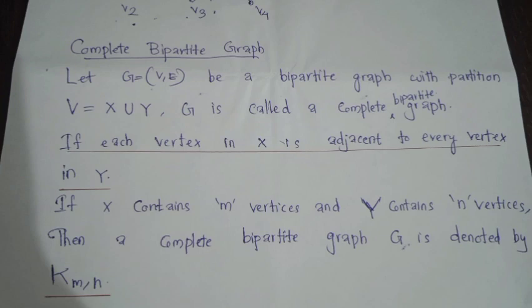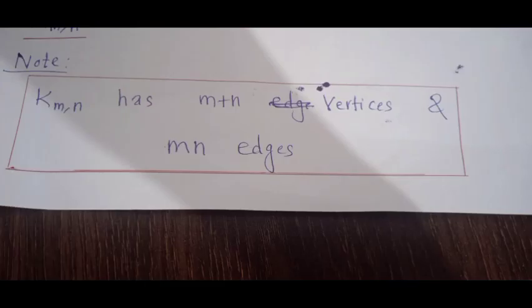If one set contains m vertices and the other set contains n vertices, then the complete bipartite graph G is denoted by Kmn. And we have to note this, that a complete bipartite graph Kmn has m plus n vertices and mn edges. Let us draw a K23